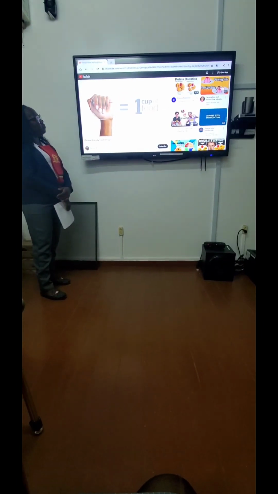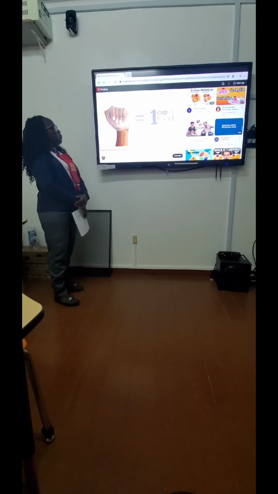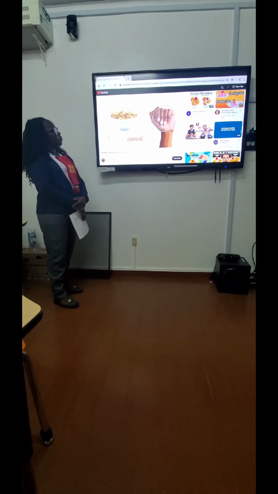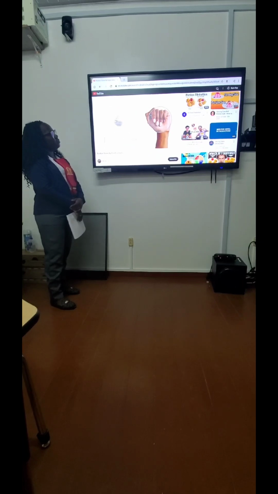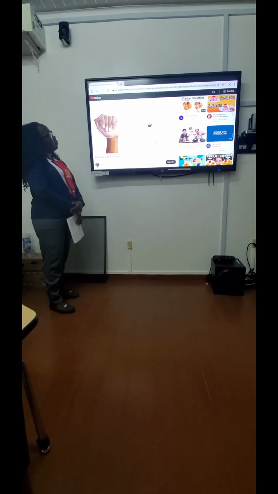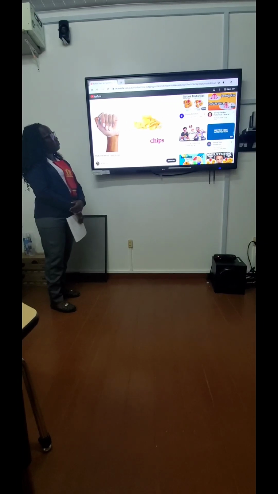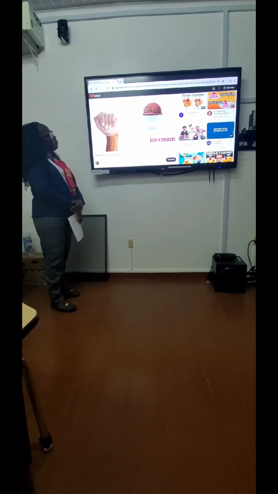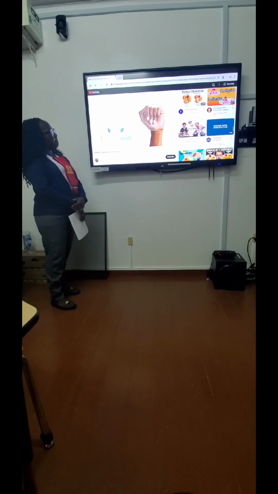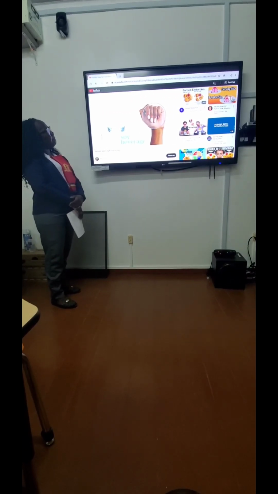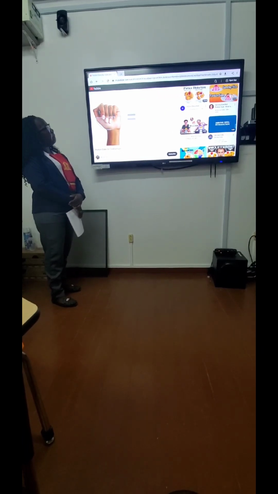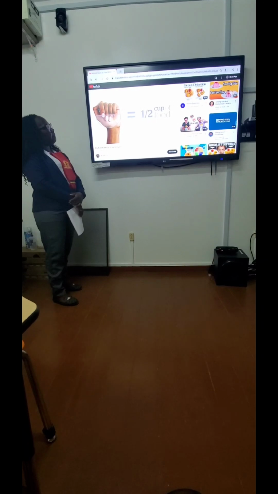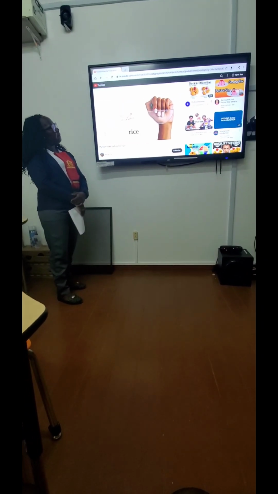Your fist is about 1 cup of food. Use your fist to estimate all kinds of foods, like cereal, salad, and yogurt, and even snack foods like popcorn, chips, and ice cream. You can also estimate 1 cup of milk or soy beverage. Use half your fist to estimate about half a cup of food. Here's how half a cup of rice